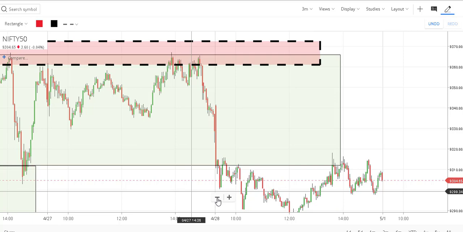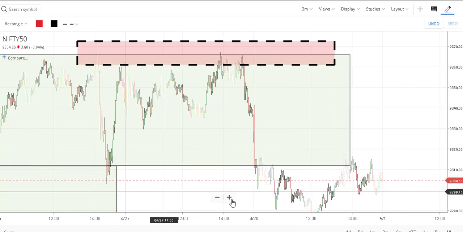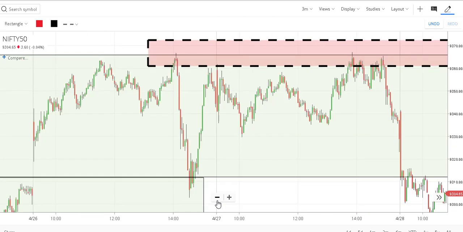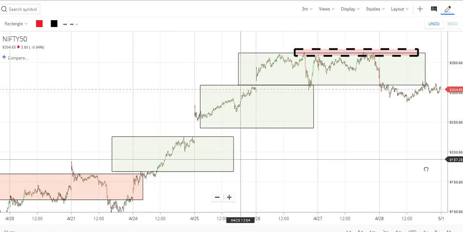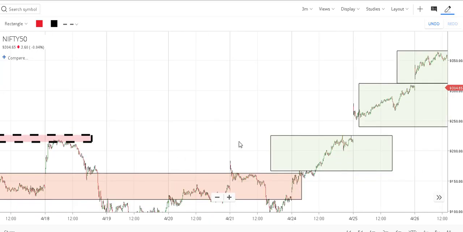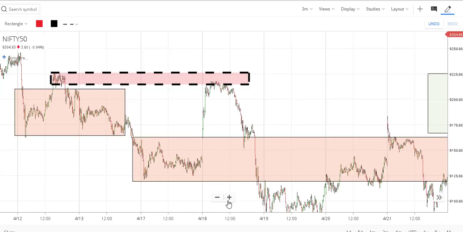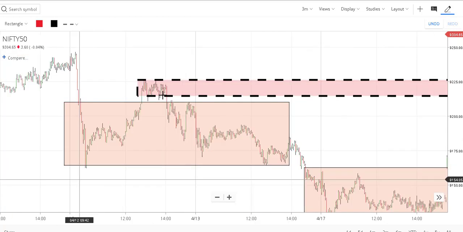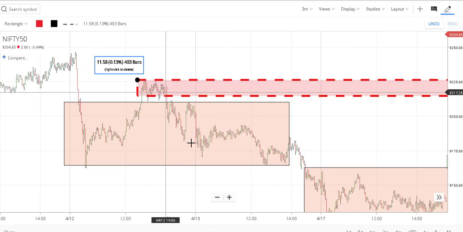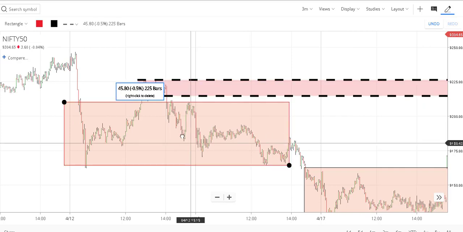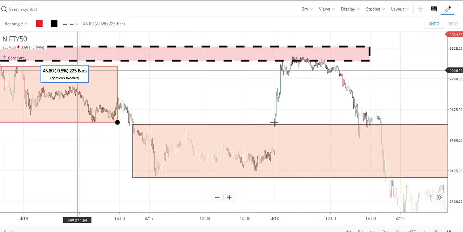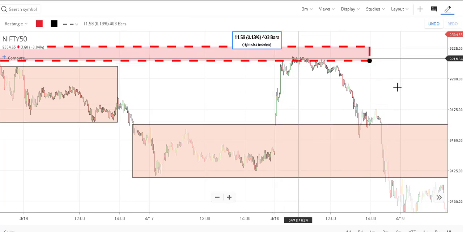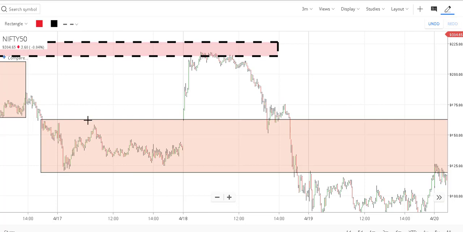Now the next part, the last point that you need to understand, is strong rejection points. So strong rejection points are where you see prices getting rejected with very high force. For example, if you're analyzing this, prices got rejected here quite severely, then that is a strong rejection DP. Prices got pushed from here to here very severely, so this is a strong DP or rejection point with respect